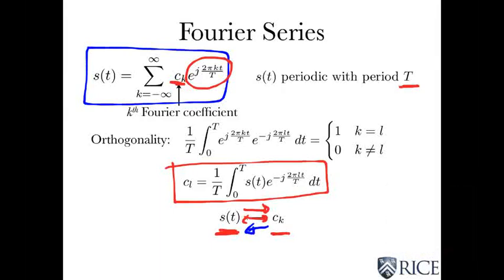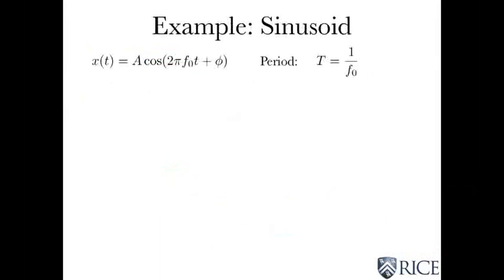Well, let's figure out the Fourier series for some simple waveforms. So here we have our sine wave, and I've given it a phase this time to make it a bit more general. So the period is 1 over the frequency. So this is the fundamental frequency, is just f0. And I could do the integral, but I want to illustrate something by